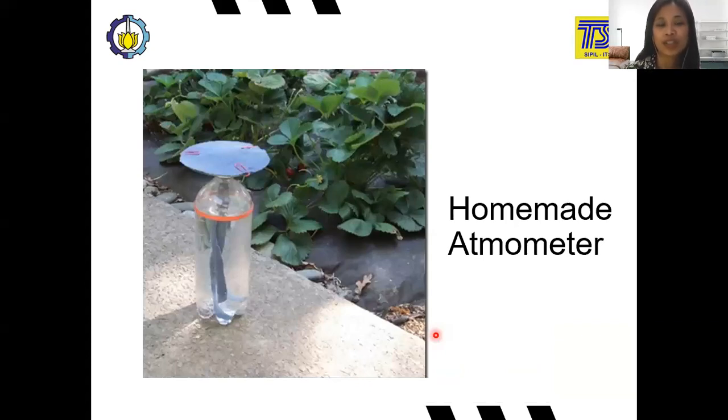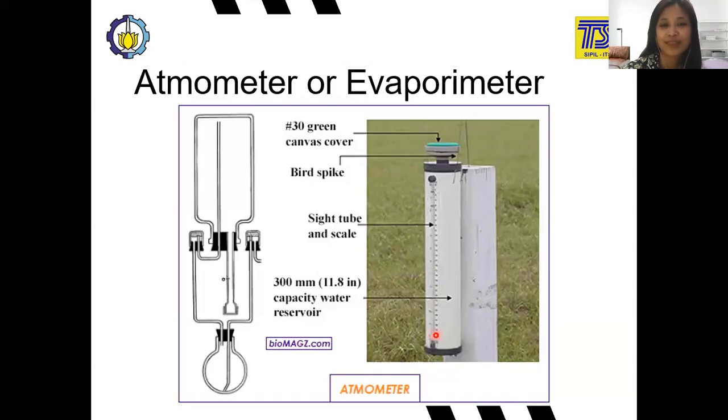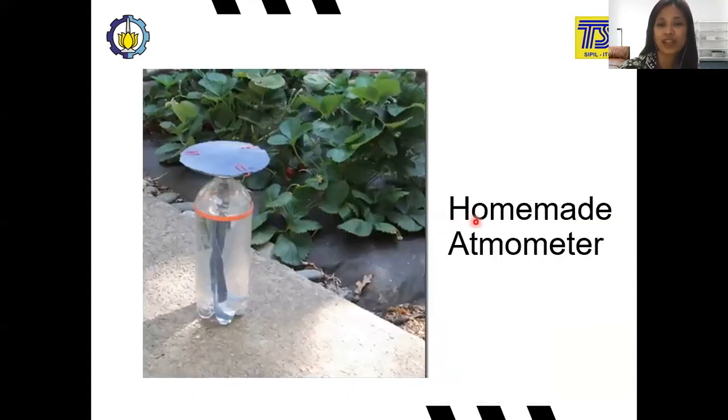This is the simpler one. The previous one is for laboratory use, and this one is for field use, and then this one is the homemade atmometer. You can make it yourself at home. This is from a plastic bottle. There is this plastic bottle, and then there is this fabric. So using this fabric, you can absorb the water until it goes up here, and there's this fabric circle here, which